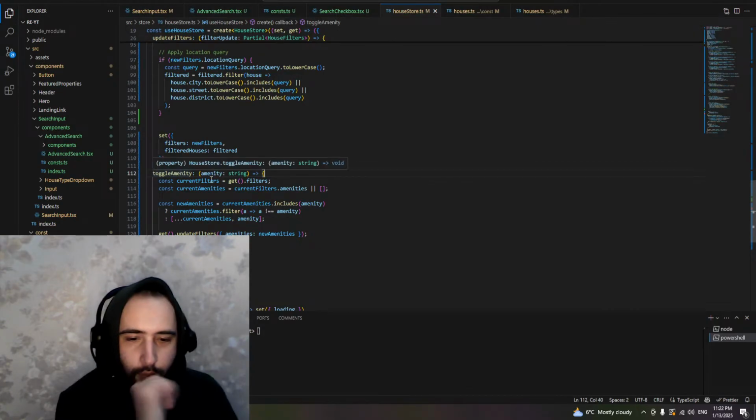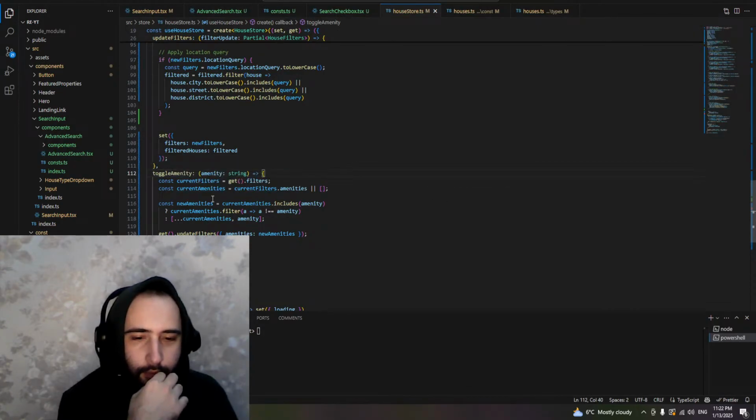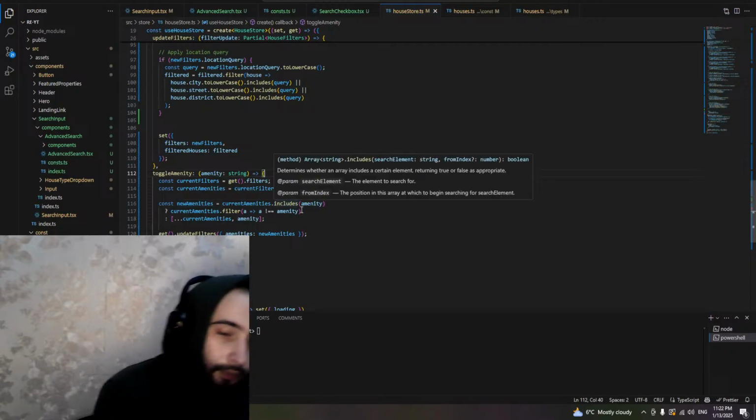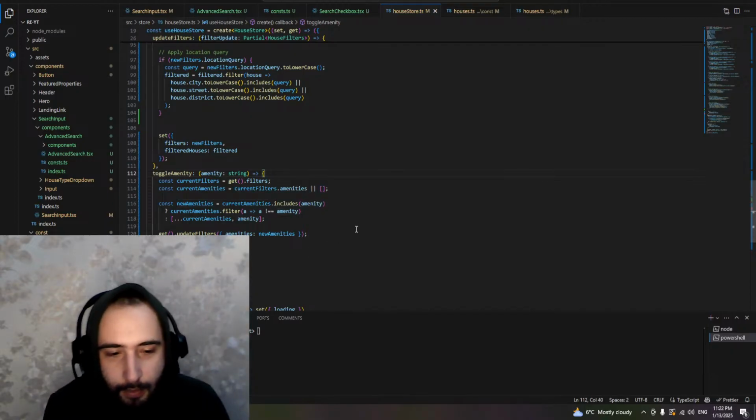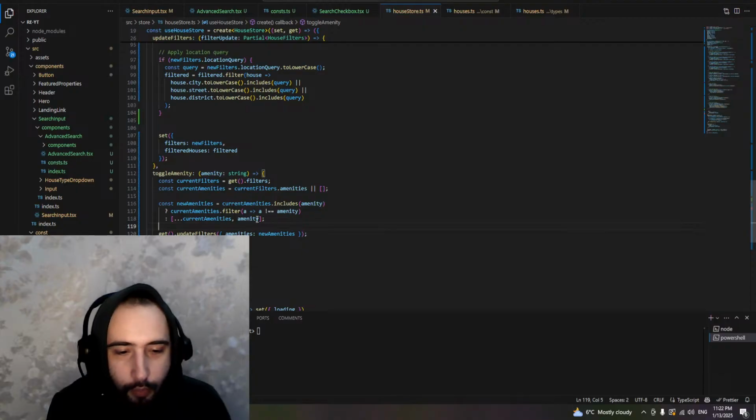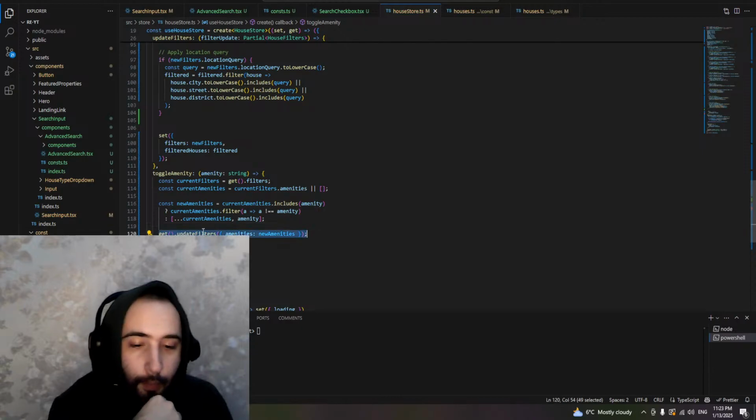So this receives the amenity. We get the current filters. So new amenities: if current amenities includes this amenity, then we remove it. If not, we update it. Then we update filters. That's the problem here, I think. When we update the filters,